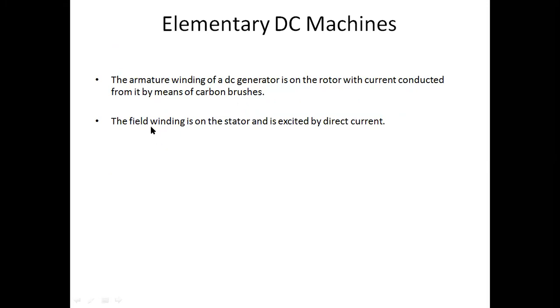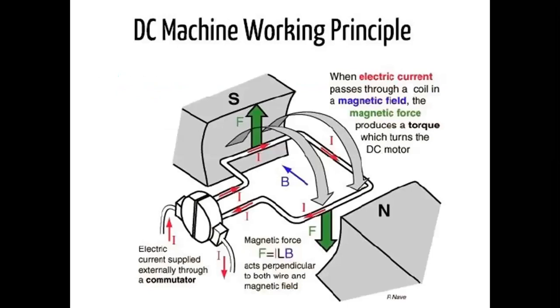The field winding also works as the stator in the DC machines and in the AC machines. But the armature winding works here as a rotor. So we can say the field winding is on the stator and is excited by direct current. If you see how it looks, these are nothing but the poles, north and south pole. So when electric current passes through the coil,